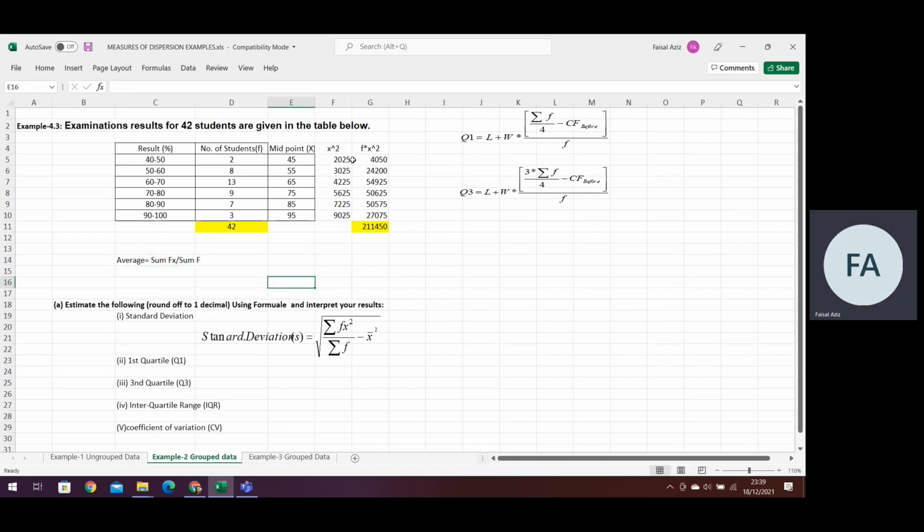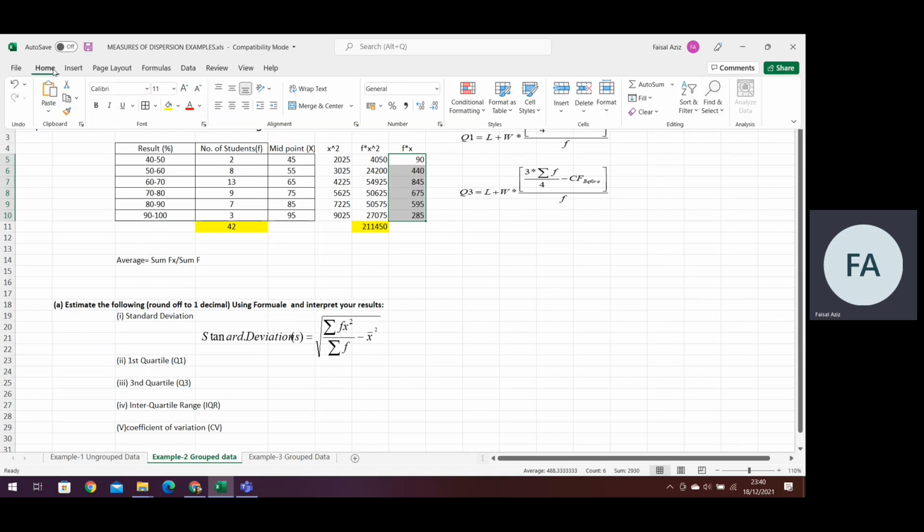Here fx column we will have to add because of this average formula. I did not add earlier. I'm just following the formula, and then I'm just fulfilling its requirement. So here we need to calculate average also. So it means we need to calculate another column, which is fx. So f multiply by x. So here we'll press equal sign. This one is f multiply by x. So this comes like that, and then I will drag it down, and this will be the fx column.